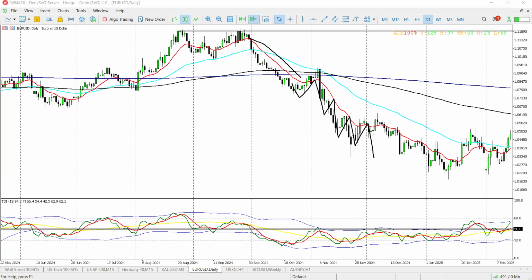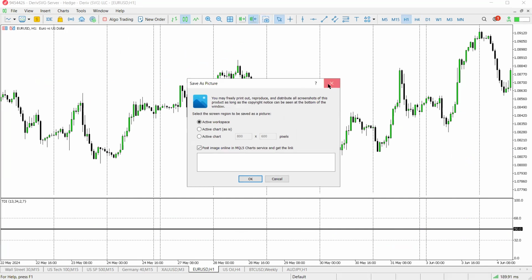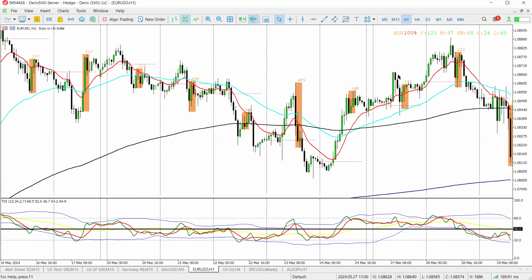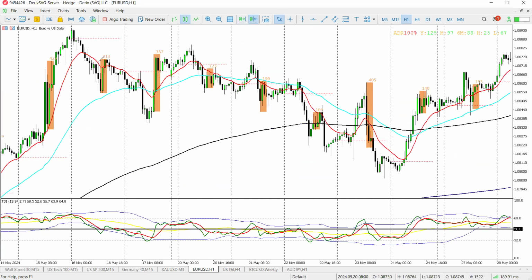So let's maybe go to the 4 hour. Let's actually use the H1, because I mainly use the H1 for my nameable candles since I day trade. All right, so here we've got a bit of a downtrend, right? Do we agree that we've got a bit of a downtrend here from this high